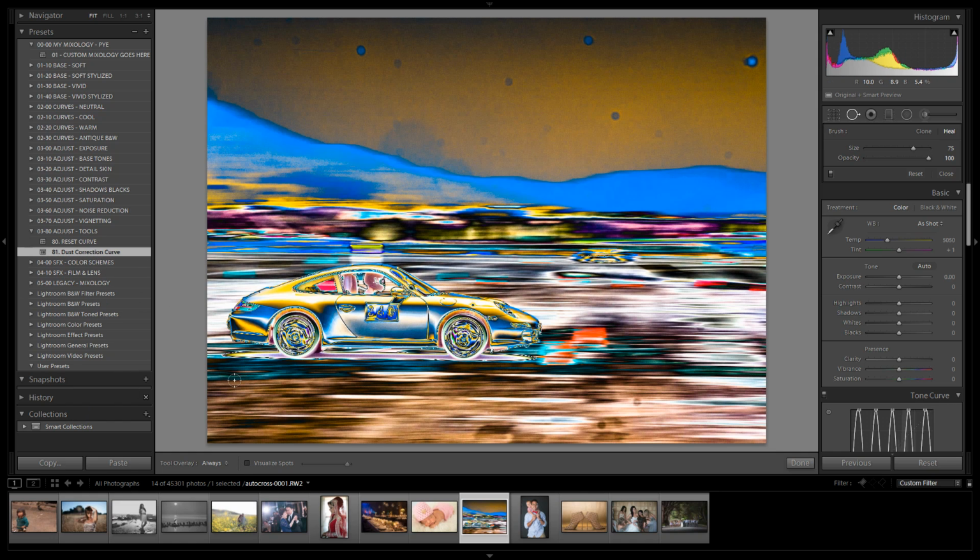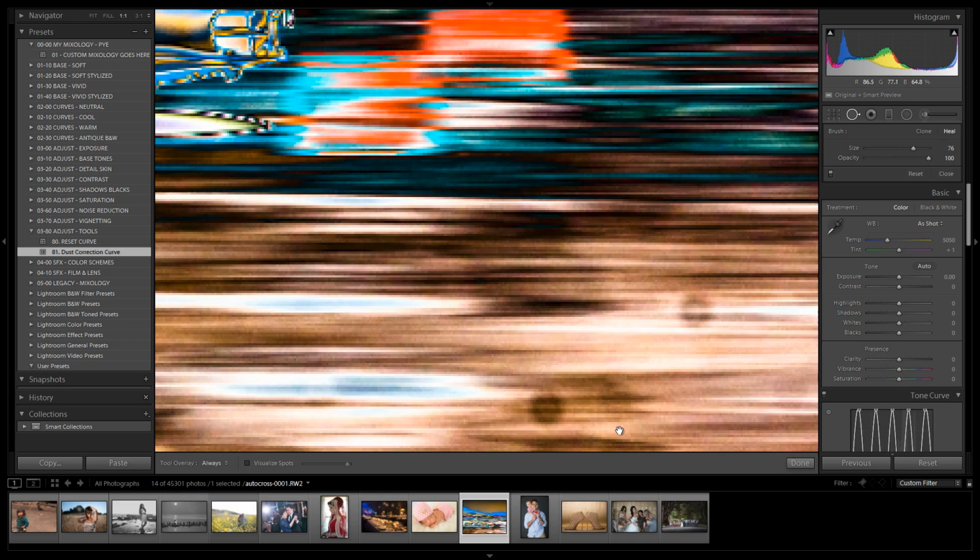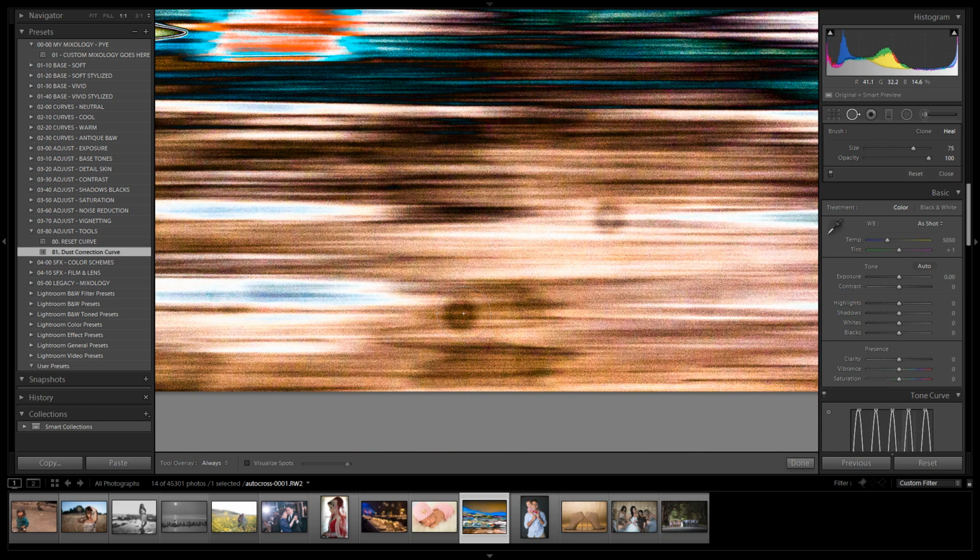And I would do this at the beginning of working on an image. And the dust correction curve works perfectly in Lightroom 4 and Lightroom 5, and you can see how much better of a visual representation it is when removing dust. We don't have to do any sliders either. All we're going to do is just zoom in, and we're going to correct our dust just by simply clicking